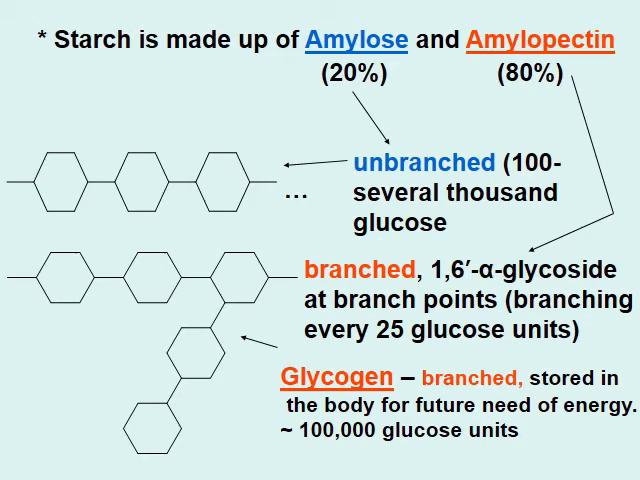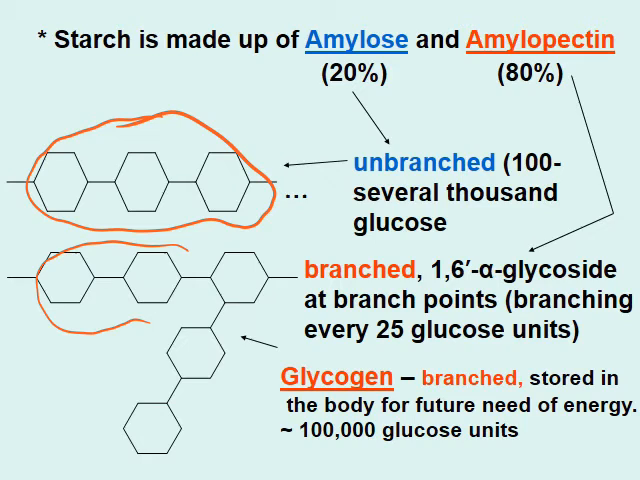Now, again, we're showing you two components of starch here. It is made up of amylose, about 20%, and amylopectin, about 80%. But if you look at the structure, amylose is pretty much unbranched glucose units bonded back to back, whereas glycogen is highly branched. This is amylopectin, as well as